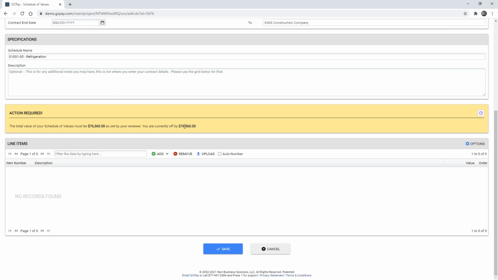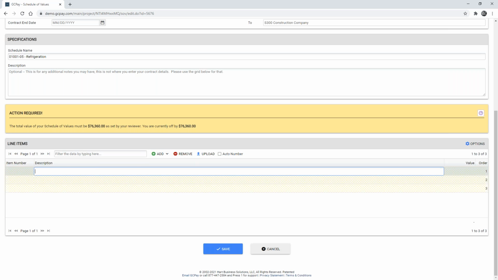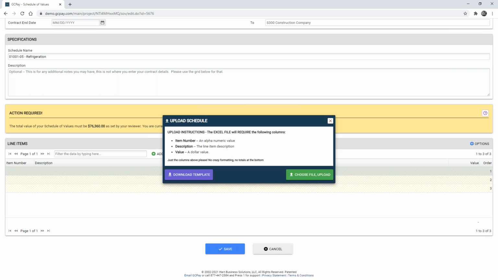So it's the responsibility of the subcontractor to now break this out into more detail. They may just add one line and provide a description for the work. Or perhaps they add multiple lines and they can start typing in details, which add up to $76,360. But we will also allow them to upload a template, which provides the item number, description, and the dollar amounts.